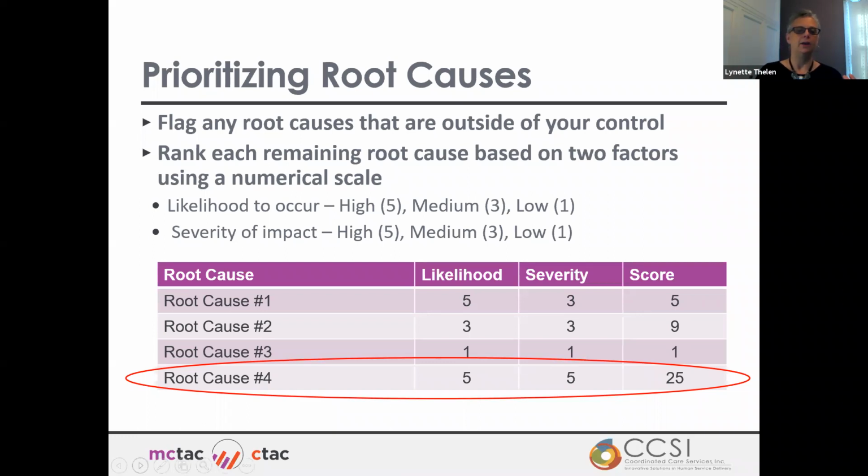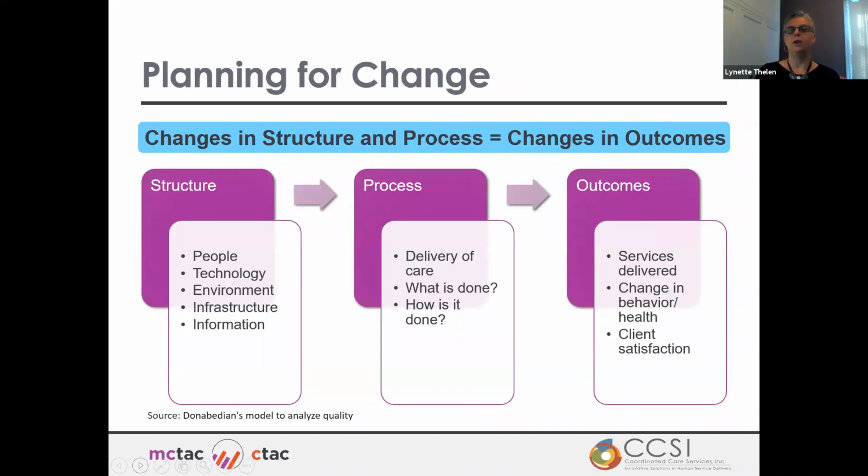So my point is, don't just dive into the quality improvement cycle. Take a minute to do this exercise first and really hone in on the changes that are going to make the biggest difference. Okay, so